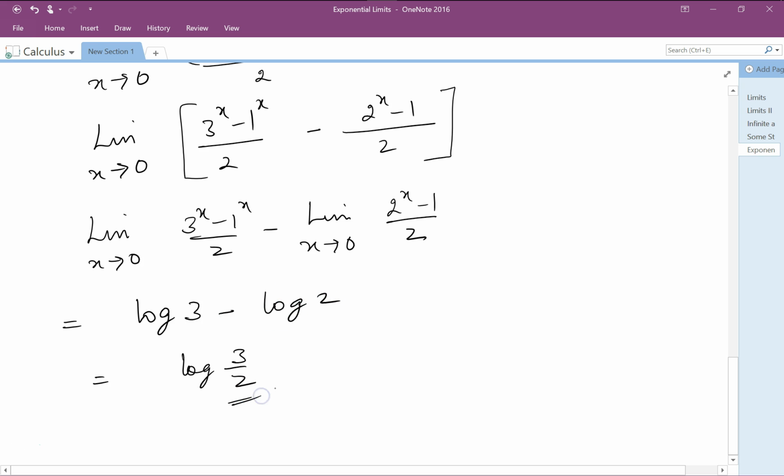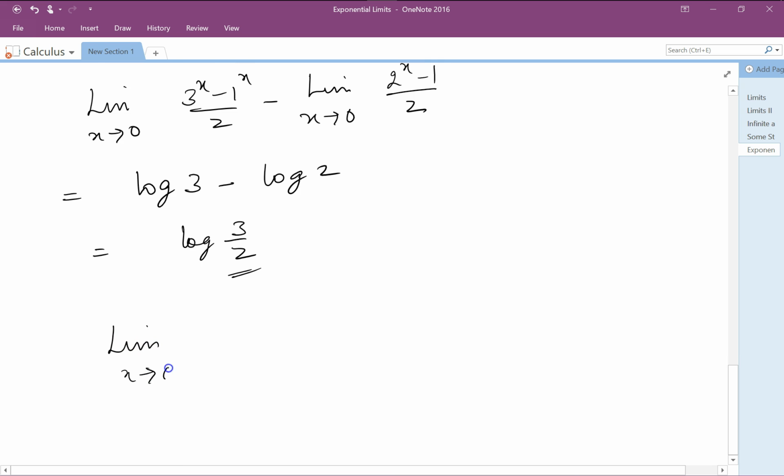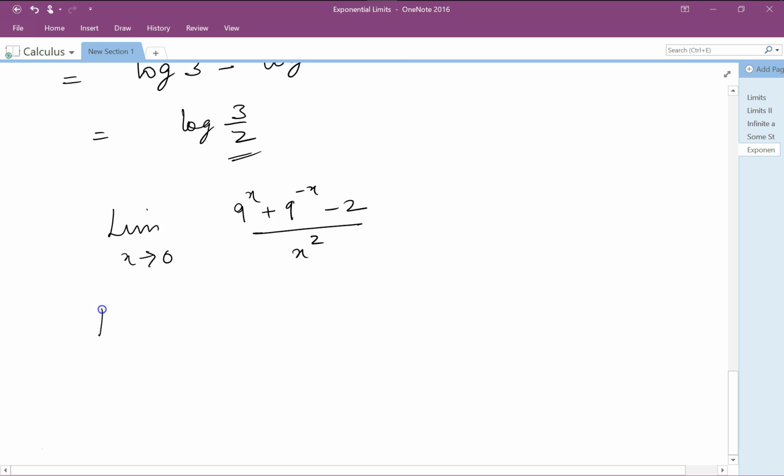So that's the limit. Now, limit as x approaches 0 of 9 to the power of x plus 9 to the power of minus x minus 2 by x squared. What do we do? 9 to the power of x tends to 1. Now remember, anything to the power of minus x is 1 by that. So 9 to the power of x plus 1 by 9 to the power of x minus 2 by